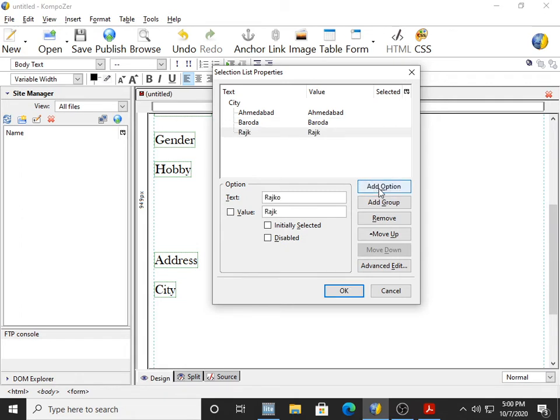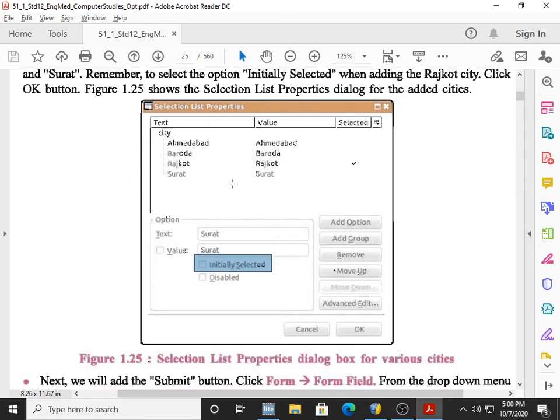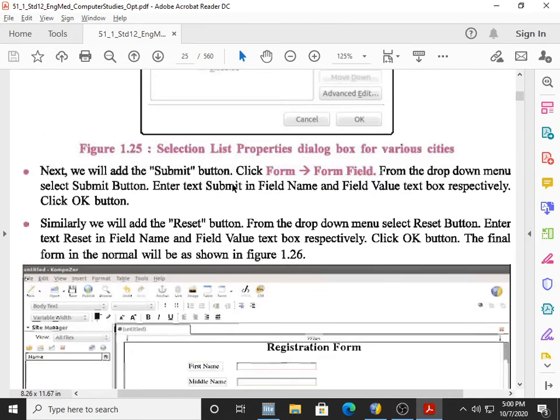Then Rajkot, but Rajkot initially selected, and add option. And then Surat. Okay, so Ahmedabad, Baroda, Rajkot, Surat. Default is Rajkot. And click on OK button.